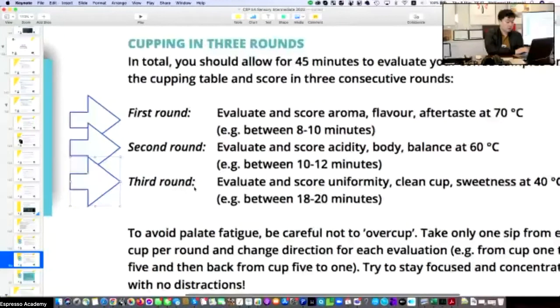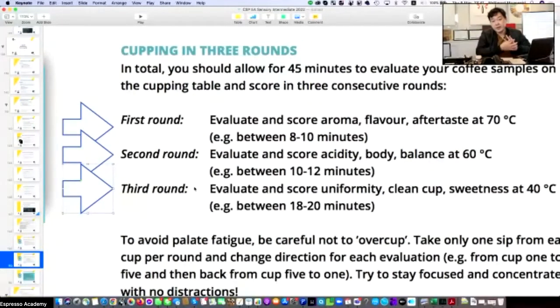First round, second round, third round. The reason we have to wait for 8 minutes is because when you pour water of 92 degrees Celsius, we need to wait a little bit for it to cool down. Every 1 minute the water temperature will cool about 2 degrees Celsius, that's why we wait about, let's say, 10 minutes, that's 20 degrees Celsius coming down